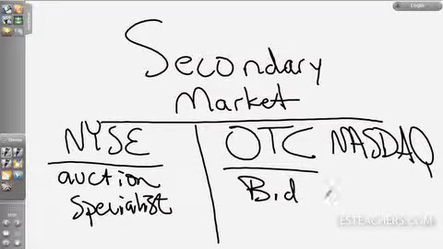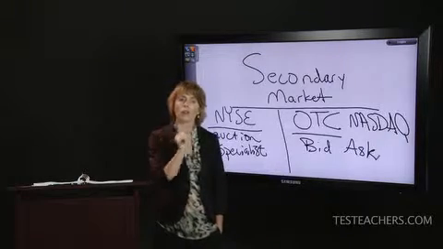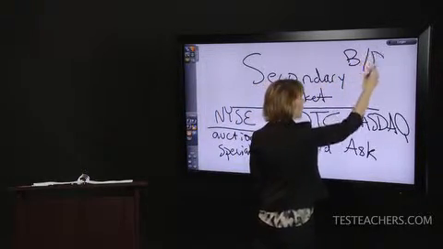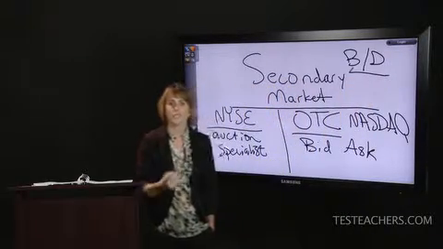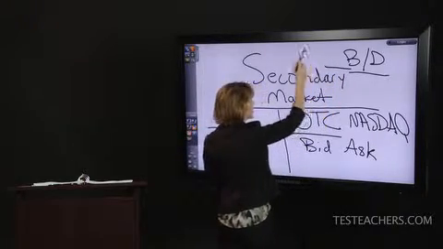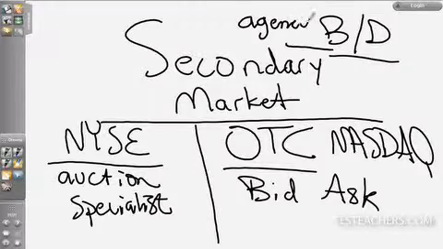This is where the dealers enter the bid and the ask price. This is the price at which the dealers are willing to do business with each other. So the broker-dealer. In order to have your Series 6 license or your Series 7 license, you must have a sponsor broker-dealer. When the broker-dealer is acting for their customers in an agency capacity, they charge a commission, which must be disclosed on the confirmation. They're acting as a broker.